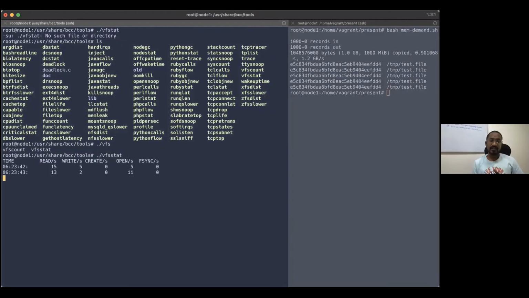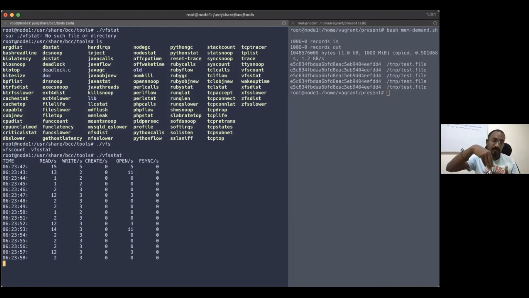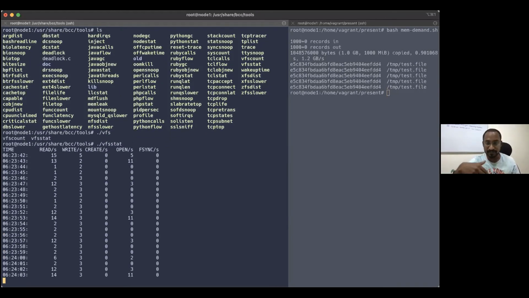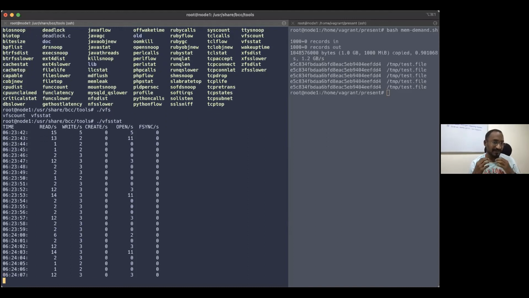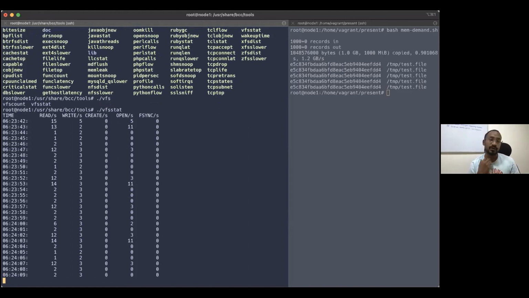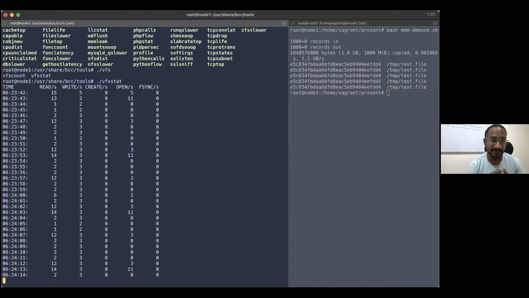So in the VFS file system, we have read call, write call, create, open. It's a normal C program, like fopen, fclose. The same thing happens in the kernel. When you do fopen or fclose, it is actually calling the system calls, read syscall, write syscall. The actual kernel syscall is happening inside the system. Till now we didn't have a good enough tool, as the legacy tools don't support this kind of observability, but we are lucky to have eBPF observability tools.